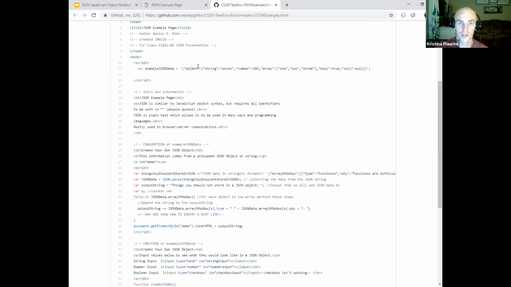And so in there, I have a string variable separated by a comma, a number variable separated by a comma, and then an array.